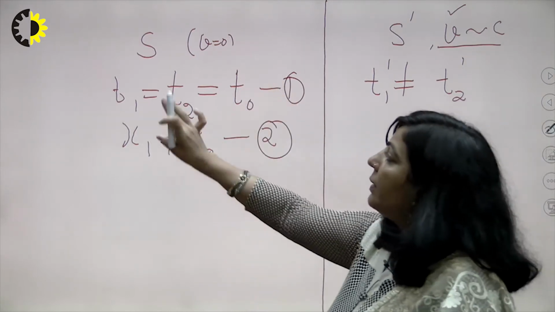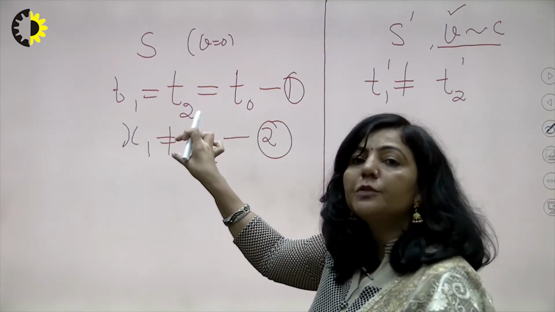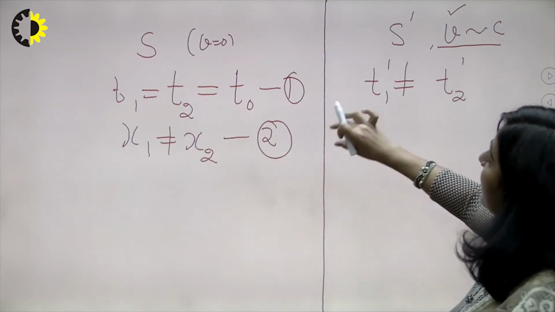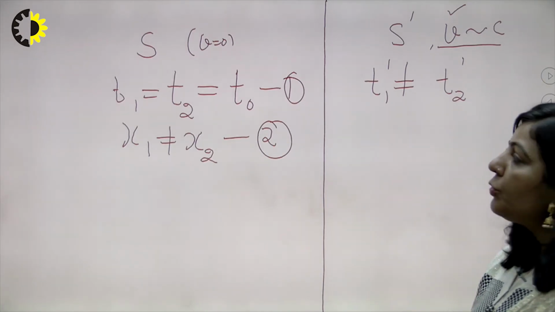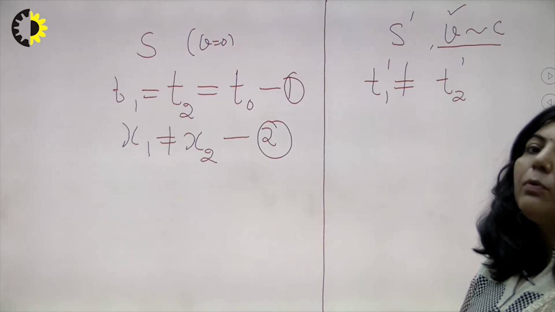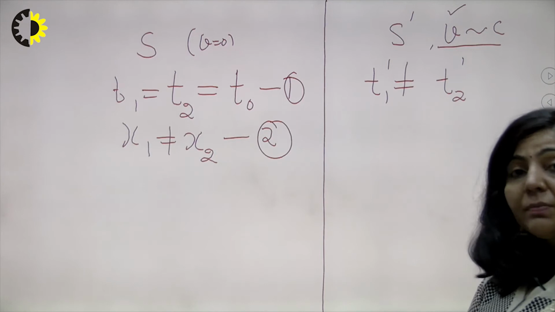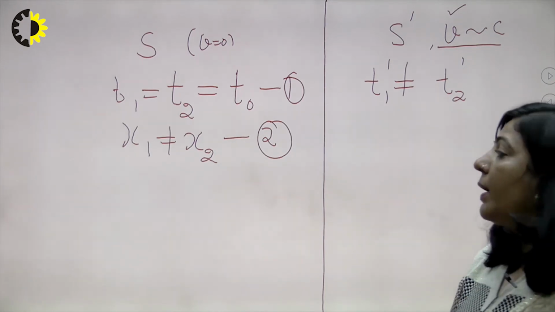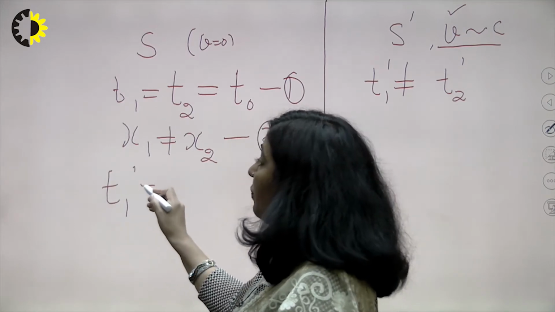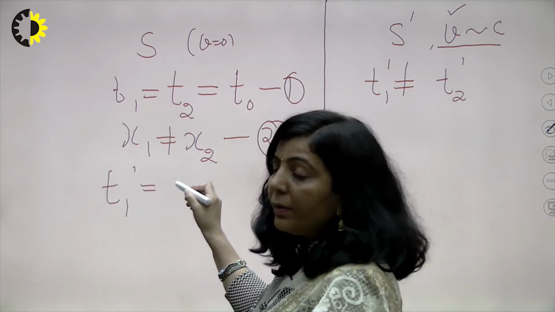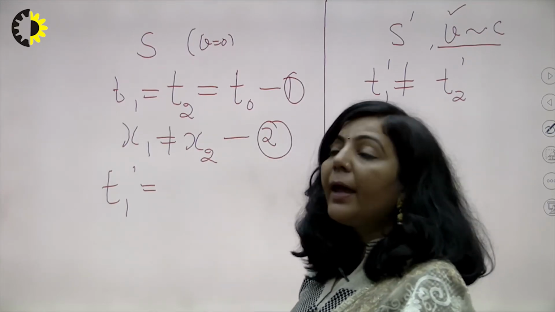For this frame, these two events are simultaneous, but they are simultaneous at two different positions. Now you have to prove that these events are not simultaneous in the second frame, or S dash frame. In order to prove this, you have to use time transformation equations. So what are time transformation equations? According to time transformation equations, you can write the value of t1 dash. What will that be? If t1 is known and you know the position at which the event is happening in